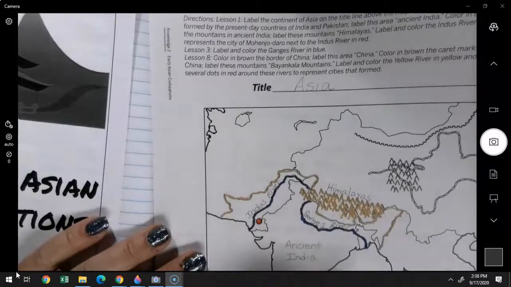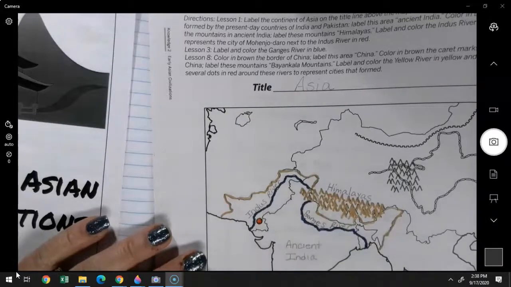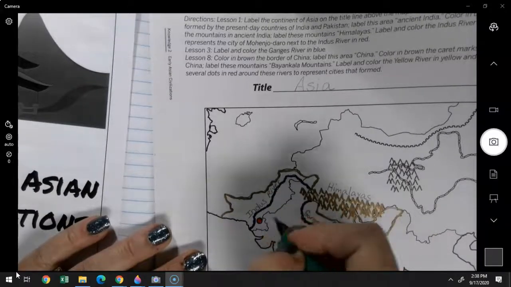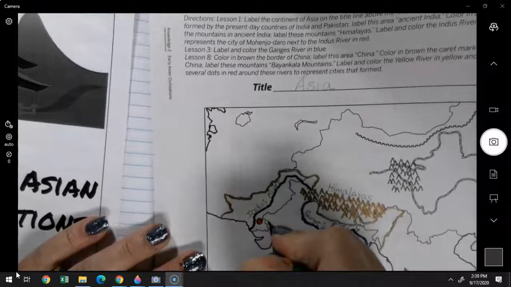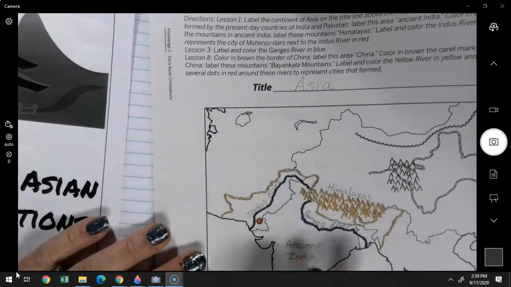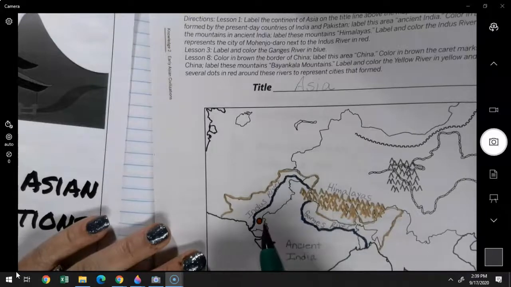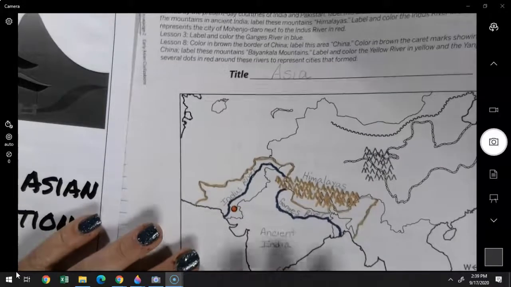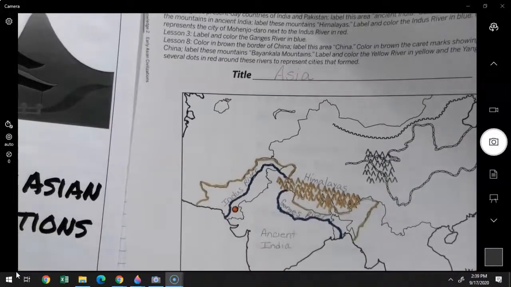That is Mohenjo-Daro, the name of that city we heard about in the read aloud. We aren't, actually I don't think we'll label it because it's pretty long.